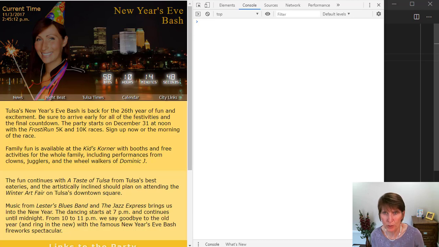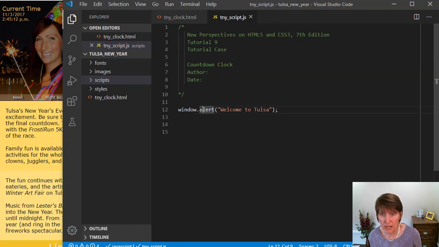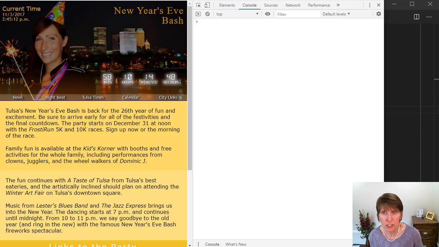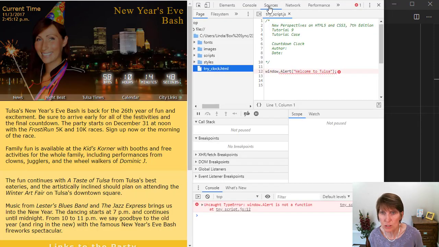Another thing the developer tools have is a debugger. So let's go back to where we had an error and save it and refresh. And now we get the error when we're in console. We see that. We go to sources, and again we can go into the scripts folder and see it,